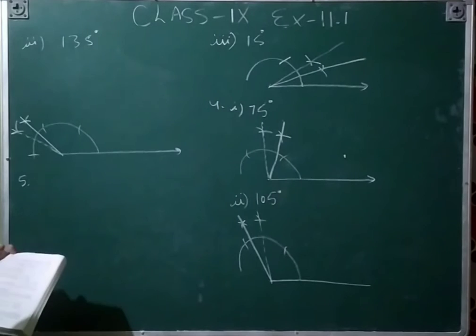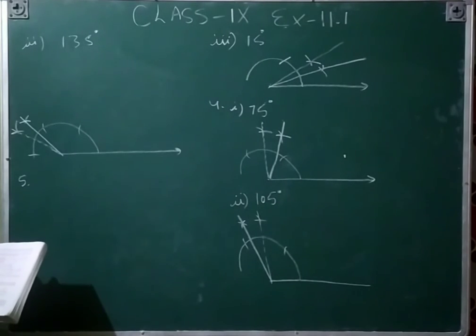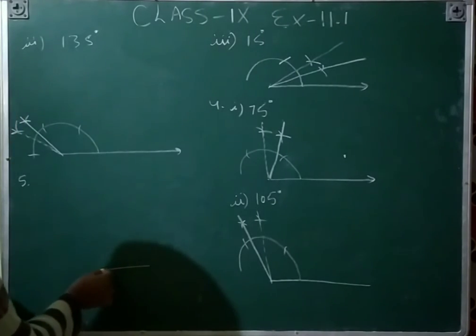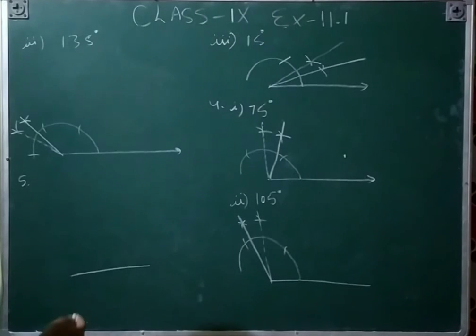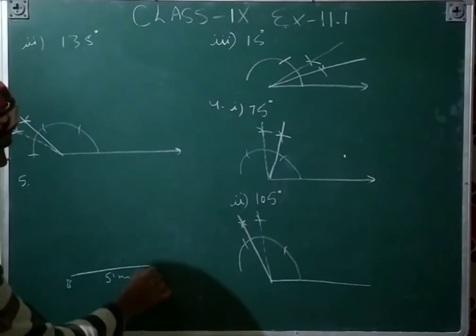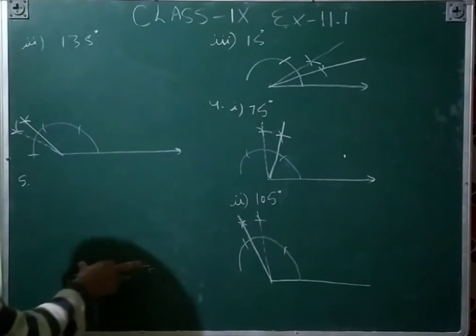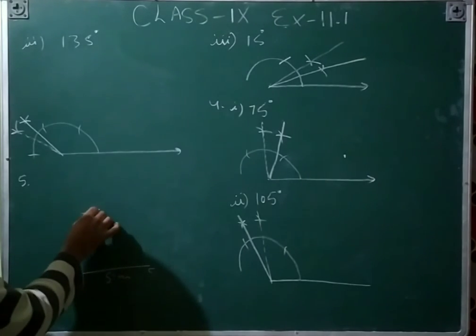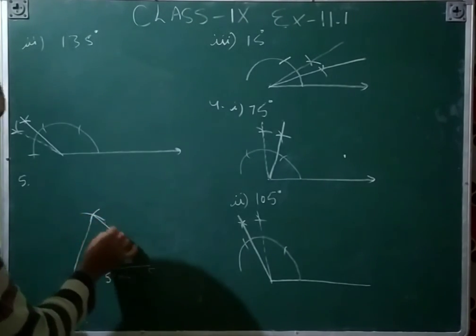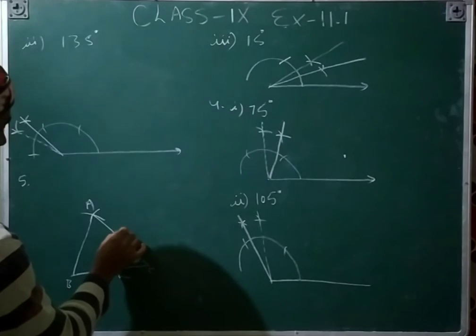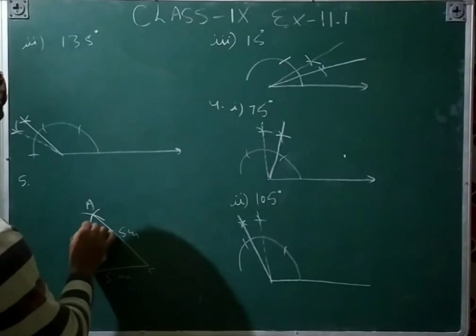Fifth question: construct an equilateral triangle given its side and justify the construction. Suppose you write a distance; it's your choice how much. Suppose you have taken 5 centimeters, that is better, B, C. Then take the distance of this one, 5 centimeters, in your compass and make an arc from here and from here also, and then join these two points. This is the point A, this is the equilateral triangle, so this will also be 5 centimeters, and this will be 5 centimeters, right?